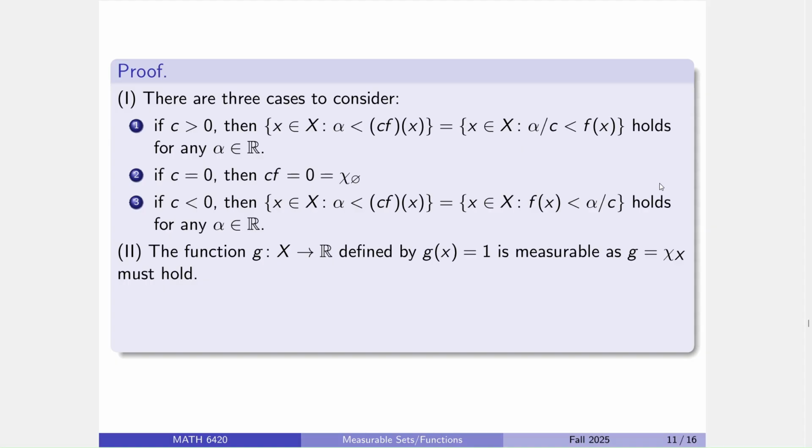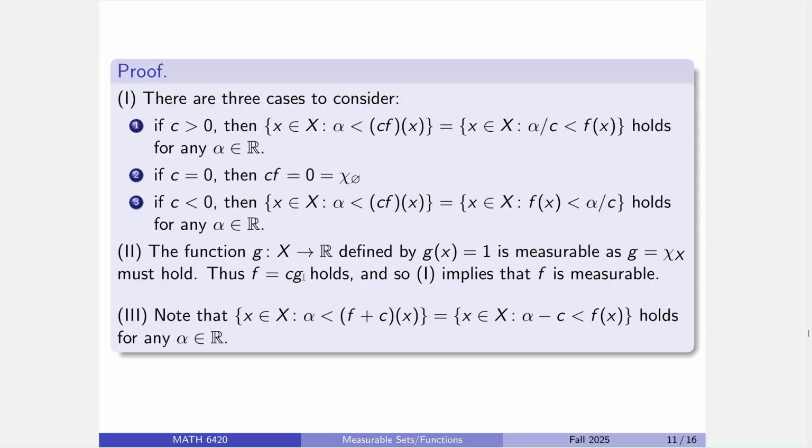Now to prove that any constant function is indeed measurable, we'll pull the little trick we pulled here. Note the constant function 1 is the indicator function for the whole set, which we know is measurable. So the constant function 1 is measurable, and thus by scaling, any scaled function is measurable, so any constant function is in fact measurable. And adding a constant to our function, by a similar argument to this one right here, you can just subtract the constant over, and we know these are measurable by hypothesis, then these are measurable, and there you go.